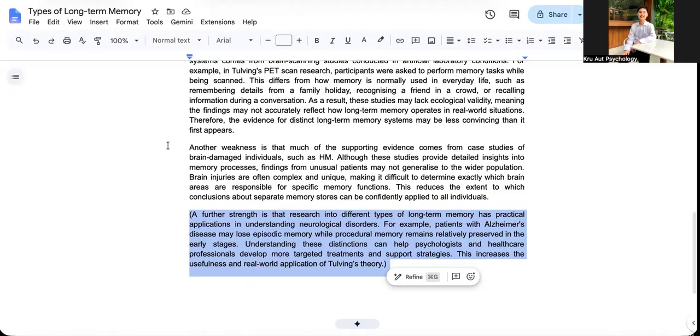So an idea of how different brain areas are responsible for different types of long-term memory, or how it's useful for helping to provide more qualitative and more useful healthcare services, can be used as practical applications in this topic. Okay, if you have any other ideas on strengths or weaknesses for types of long-term memory,